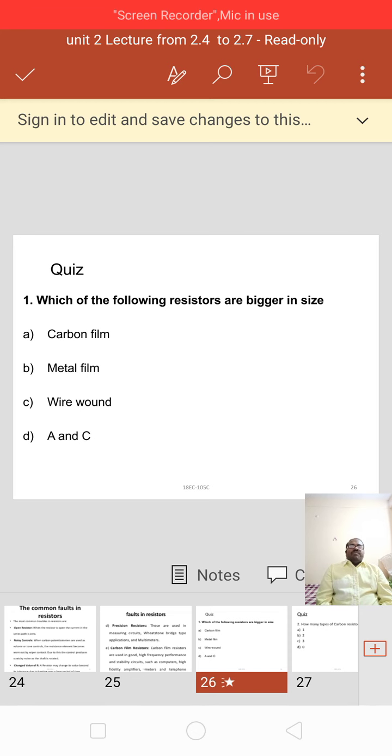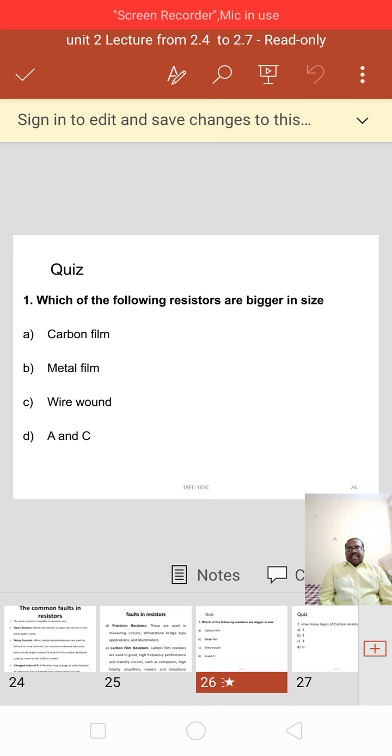Next, common faults in resistors, as well as identification of resistance value using 5 band and 4 band color coding techniques. These are the concepts we have learned